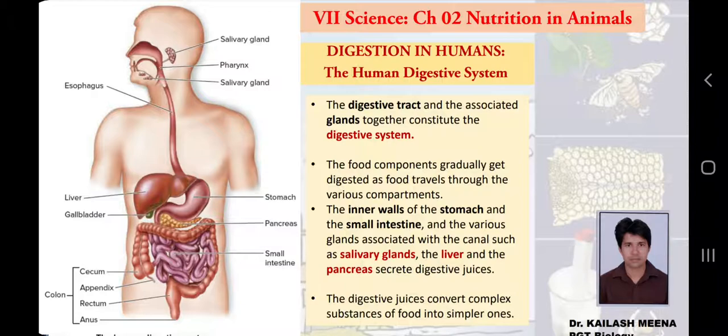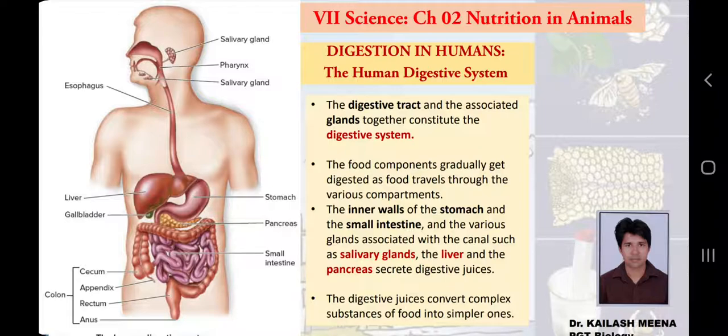We have discussed molecules and atoms in our previous videos. Ultimately, this universe, or anything, is composed of atoms and molecules. If you break down anything, finally it will be converted into its component molecules. The breaking down of molecules at the molecular level is called chemical digestion, and there the digestive juice helps. Digestive juices convert large molecules into small molecules, and those small molecules are absorbed by our